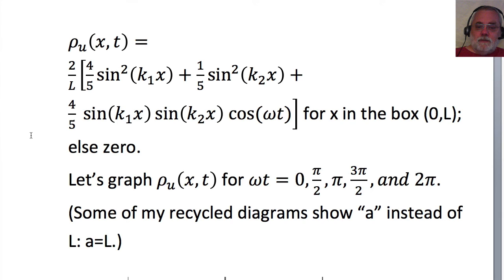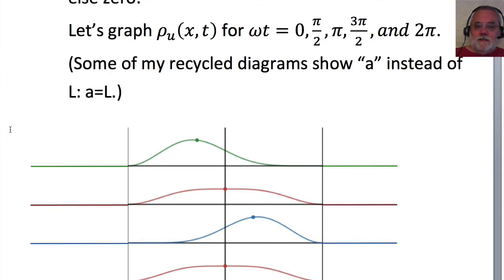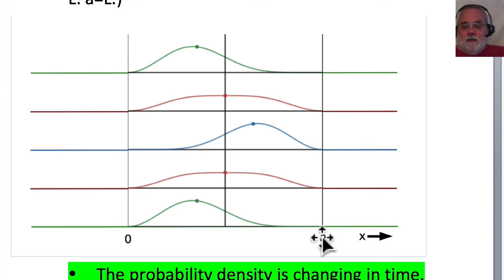5 particular times. Now I'm recycling this diagram, so the diagram says A instead of L, but anytime you see a little lowercase a in my diagrams or my formulas, it's the same as capital L. I'm just recycling some material. So probability density, the horizontal axis is position. Left of 0 is beyond the left wall. Probability density is 0. Here we have inside the box 0 to A, 0 to L, and then to the right of A or L we are outside the box beyond the right hard wall, and the probability density is